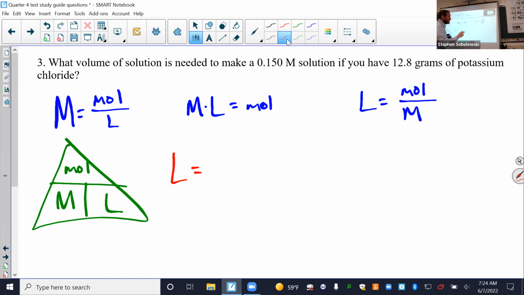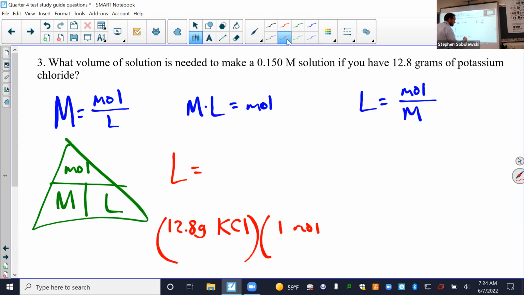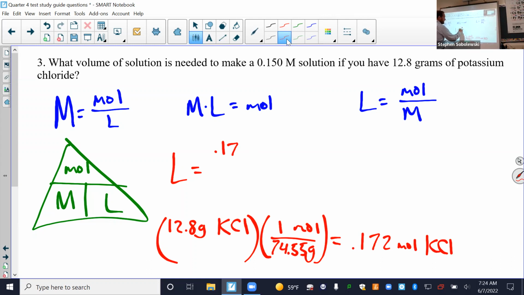Now we don't know moles, we know grams, so we have to do a little bit of extra work here. 12.8 grams of KCl times 1 mole over, K is 39.098, Cl is 35.45, gives me 74.55. 12.8 over that gives me 0.172 moles KCl. Okay, so liters equals 0.172 moles